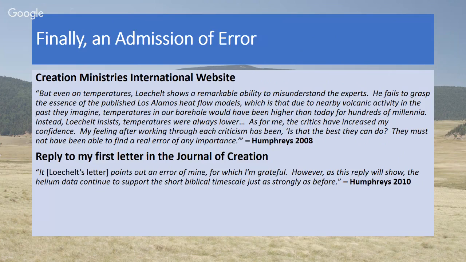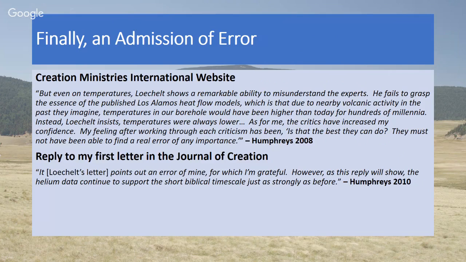So he went on to publish something very similar in the Journal of Creation. He almost took verbatim what he published on a website in a journal, which again is kind of interesting. Typically you don't double publish, but I think the rules are a little bit different for the Journal of Creation. And in any event, because he published in the journal, I had another opportunity to point out my concerns. So I wrote a letter to the Journal of Creation, again pointing out the fact that Humphreys read a key graph, or several graphs, but he read his graphs backwards.